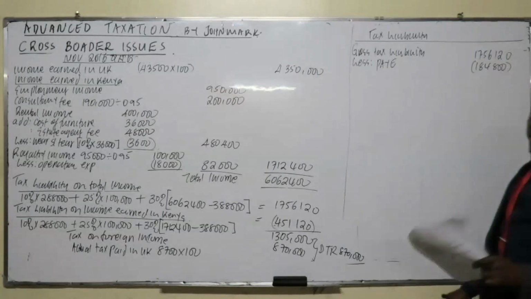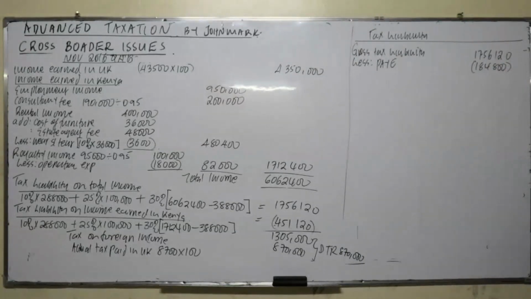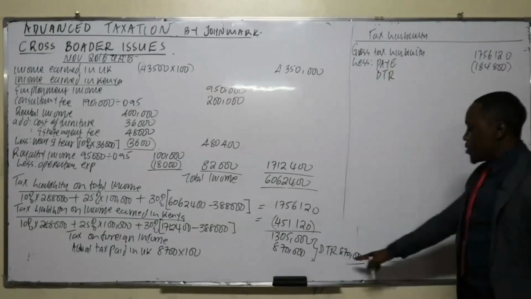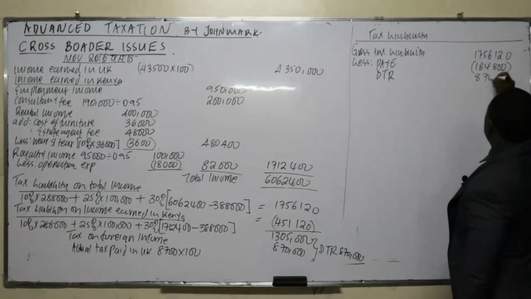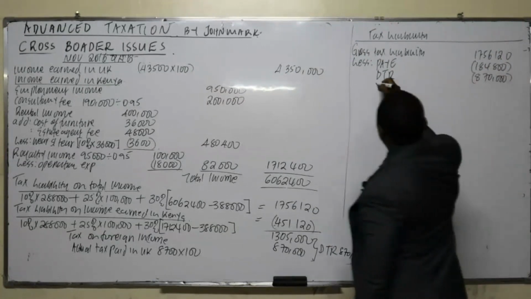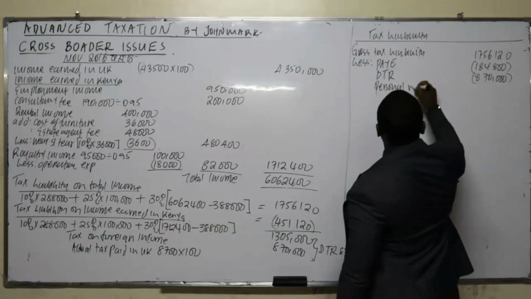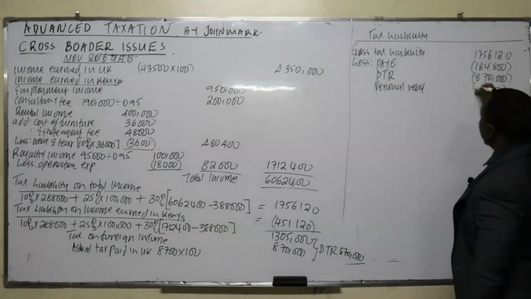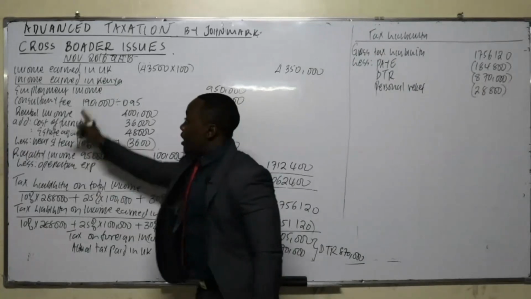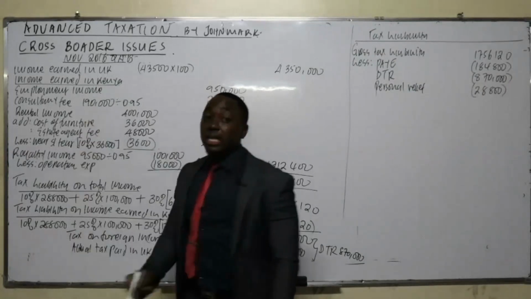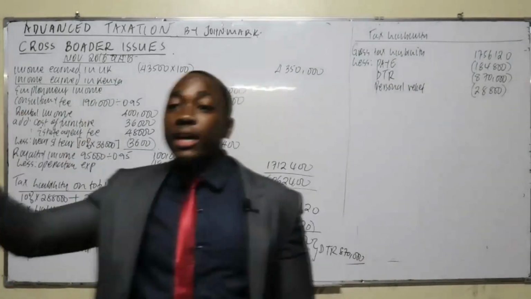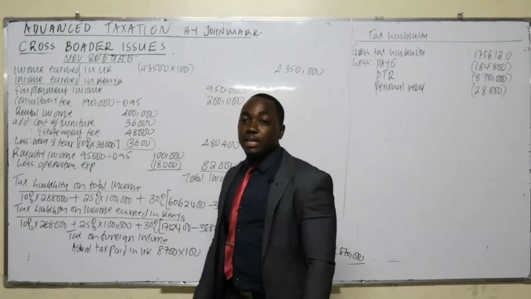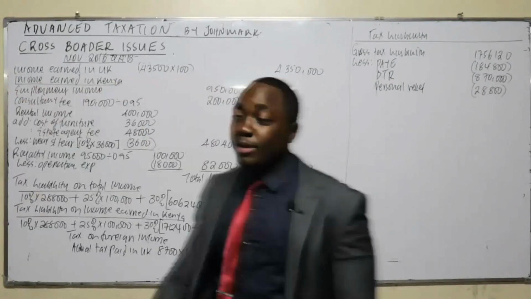Then for the income earned in UK, you need to claim a relief. So you deduct double tax relief, an amount of 870. Also, there is personal relief, an amount of 28,800. Also, for the royalty and consultancy fee, you had received 190 net of withholding tax. There was some tax which was withheld. Yes, because in this case, you have assessed the total amount, which is 200. That means there was a tax that was withheld. So you need to claim that.